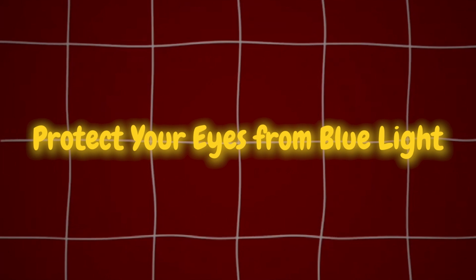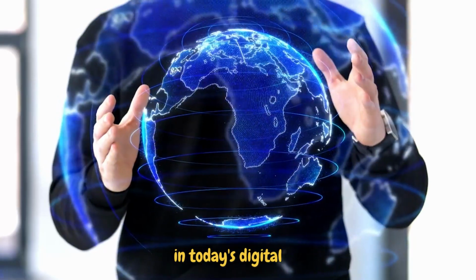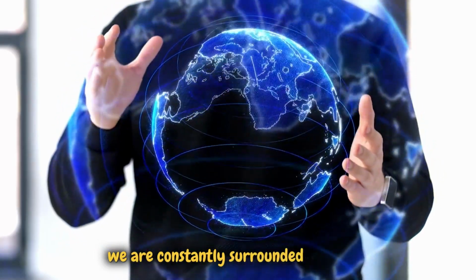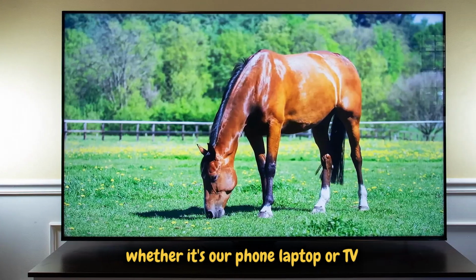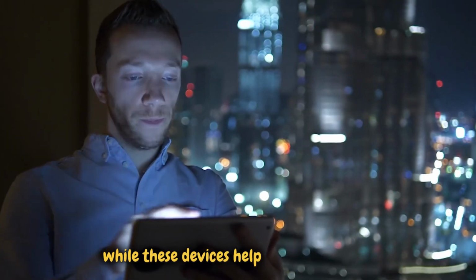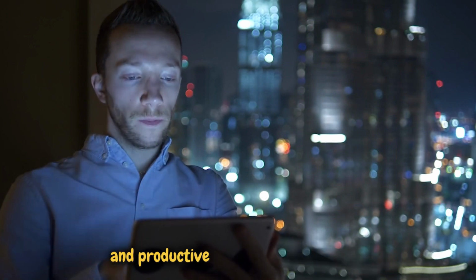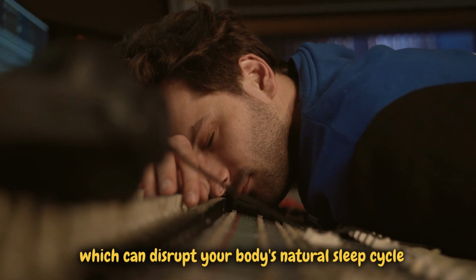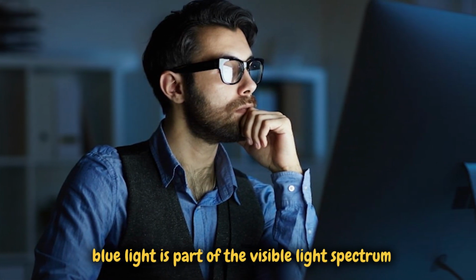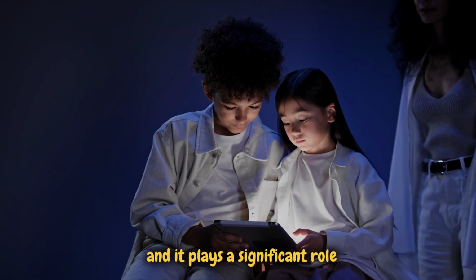Protect your eyes from blue light. In today's digital age, we are constantly surrounded by screens, whether it's our phone, laptop, or TV. While these devices help us stay connected and productive, they also emit blue light, which can disrupt your body's natural sleep cycle. Blue light is part of the visible light spectrum, and it plays a significant role in making us